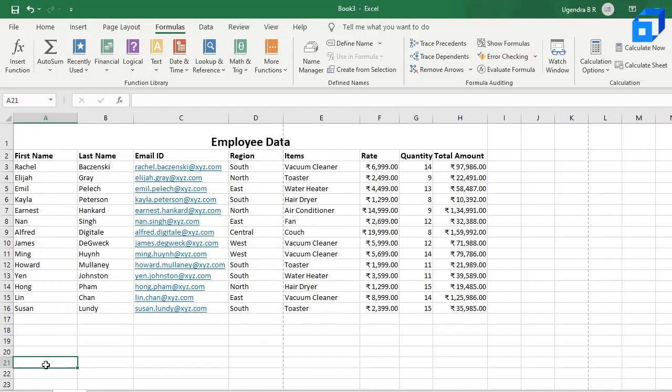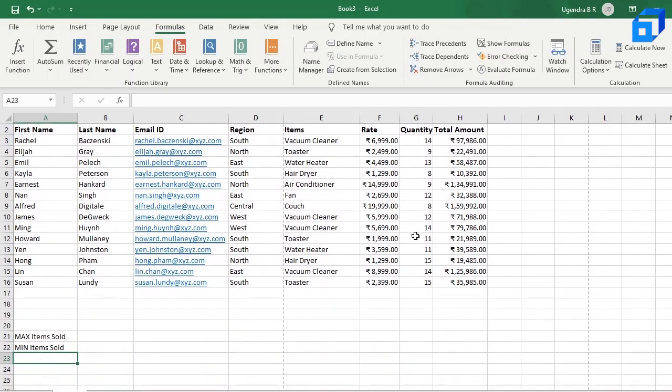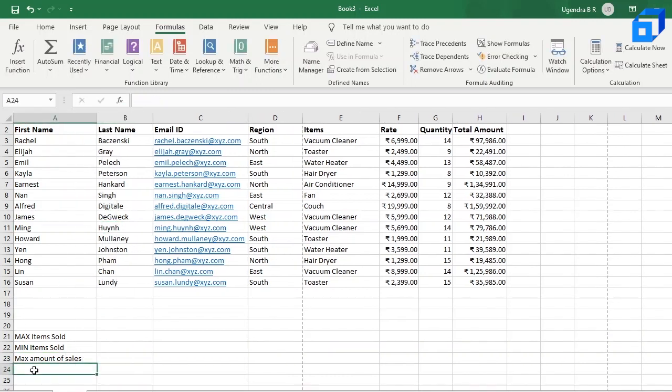So let us type the maximum items sold and the minimum number of items sold and the largest amount of sales. That's maximum amount of sales. Let us increase this cell size, and now the minimum amount of sales.